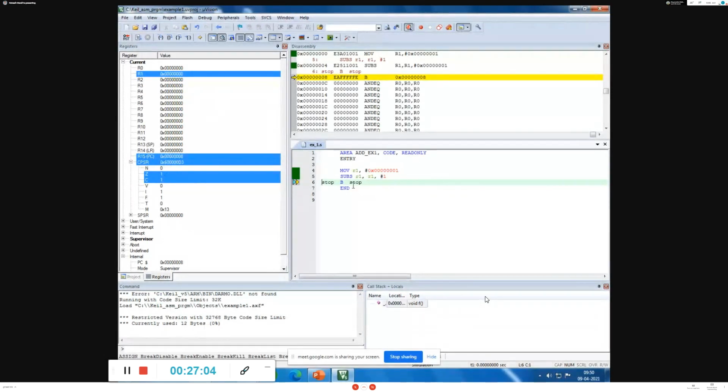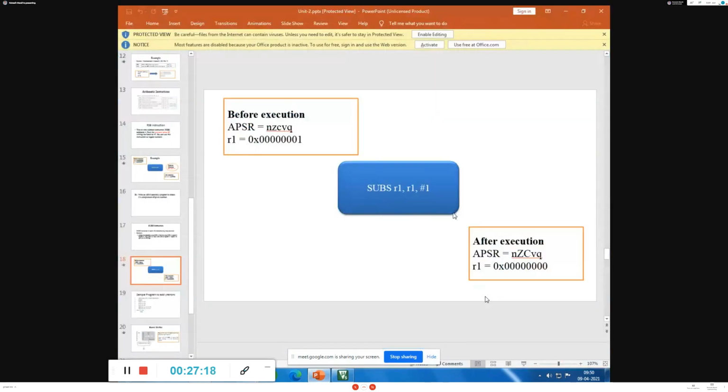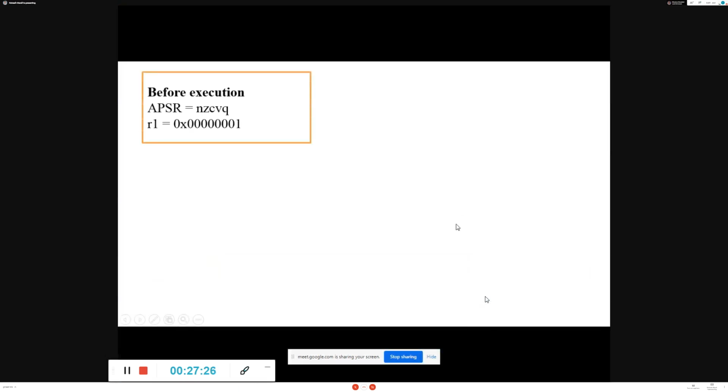So once you use SUBS, R1 minus 1. It is showing that the result is 0, hence the zero flag and carry flag are both 1. So this is all about the subtract instruction. We'll go with the next instruction.